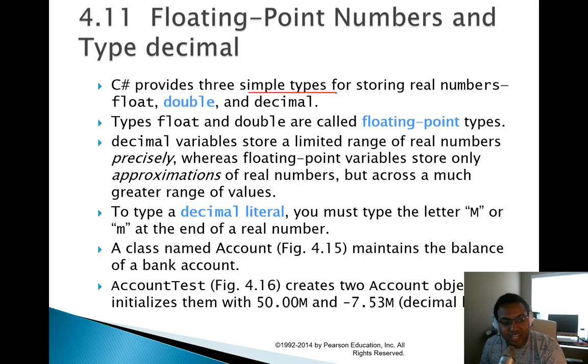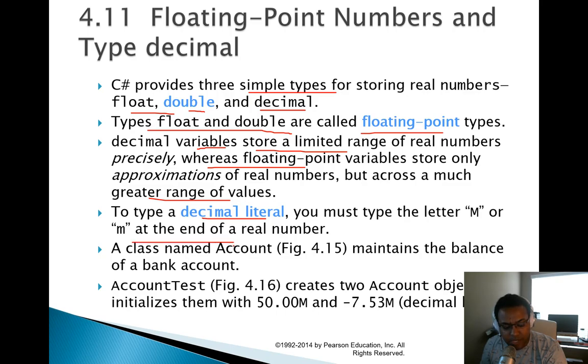C# provides 3 simple types of storing real numbers: float, double, decimal. Real numbers just mean that it has a decimal point. Type floats and doubles are called floating point types. Decimal variables store a limited range of real numbers precisely, whereas floating point variables store only approximations of real numbers, but across a much greater range of values. To type a decimal literal, you must type the letter M, uppercase or lowercase, at the end of a